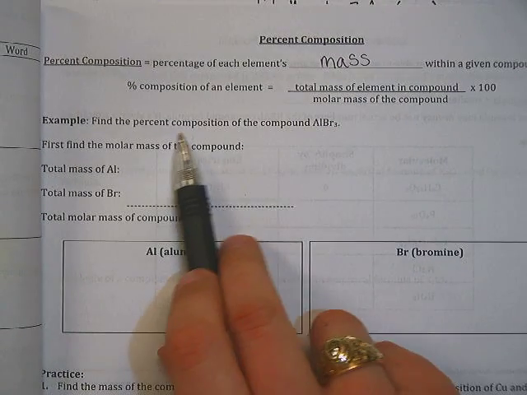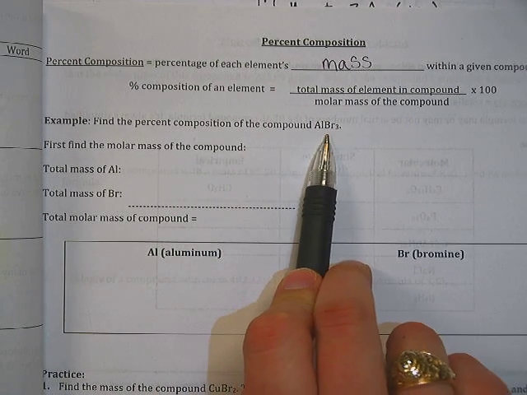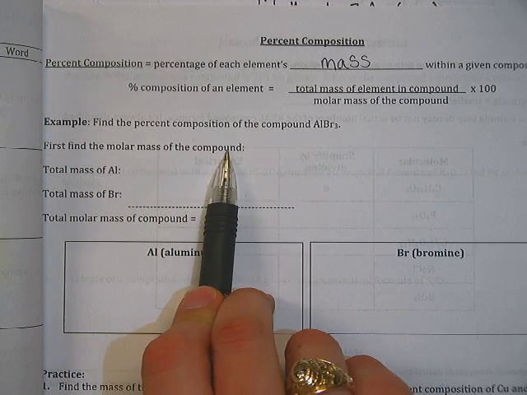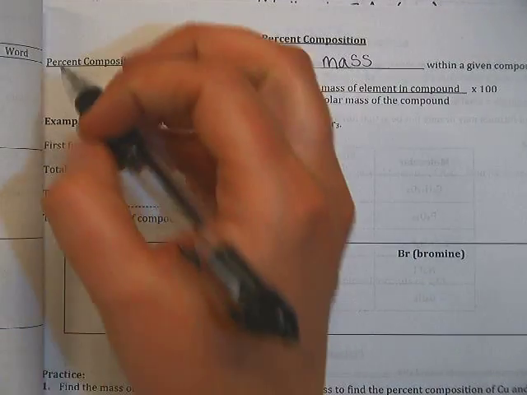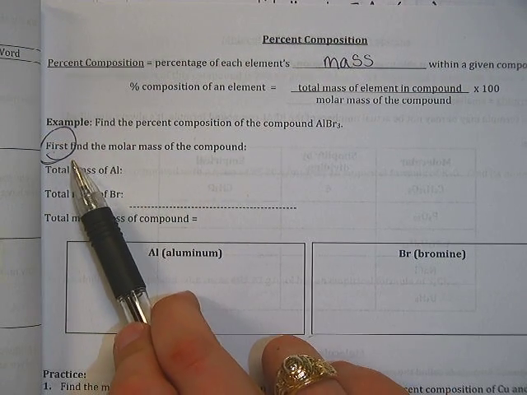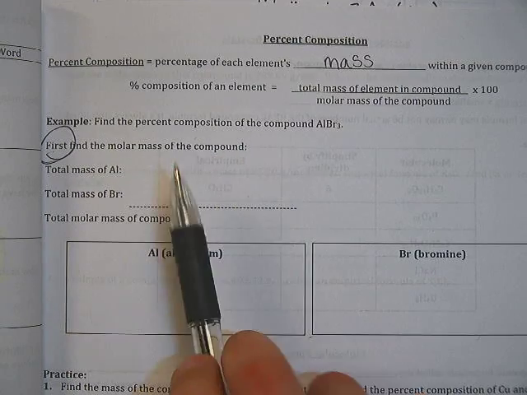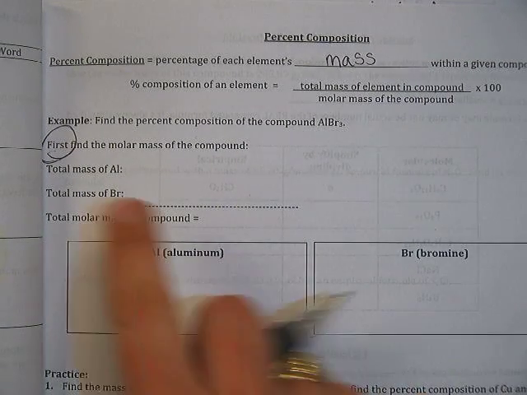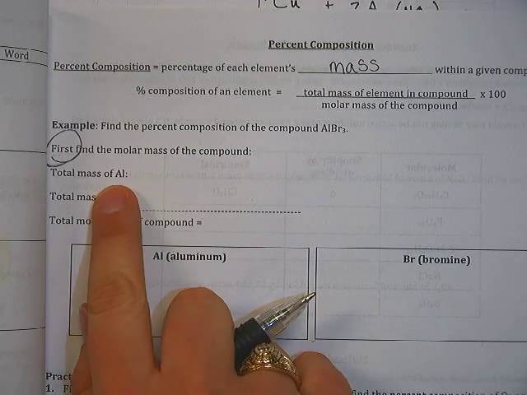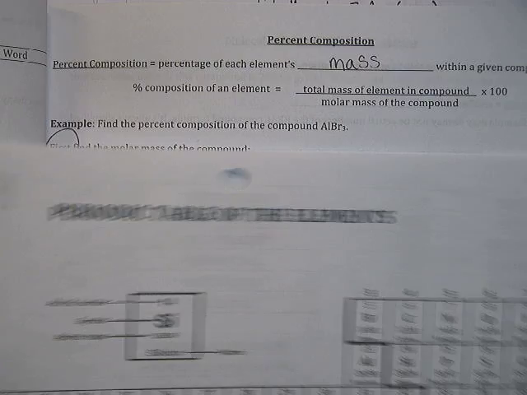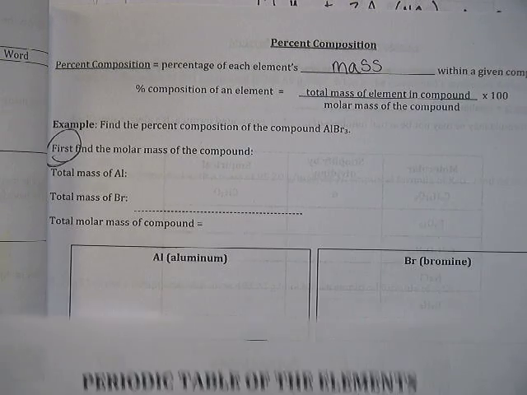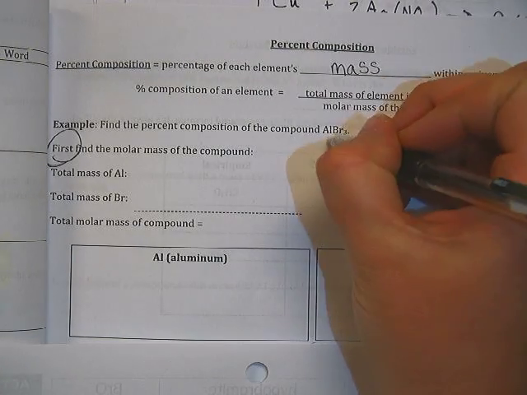Okay. To find the percent composition of the compound AlBr3, first you have to find the molar mass of the compound. So all the time, if you're finding percent composition, this is what you have to do first. Find the molar mass of the compound. Always. You always need the compound's molar mass. So you go find the total mass of each element, like aluminum on the periodic table is 26.98, and there was 1 aluminum